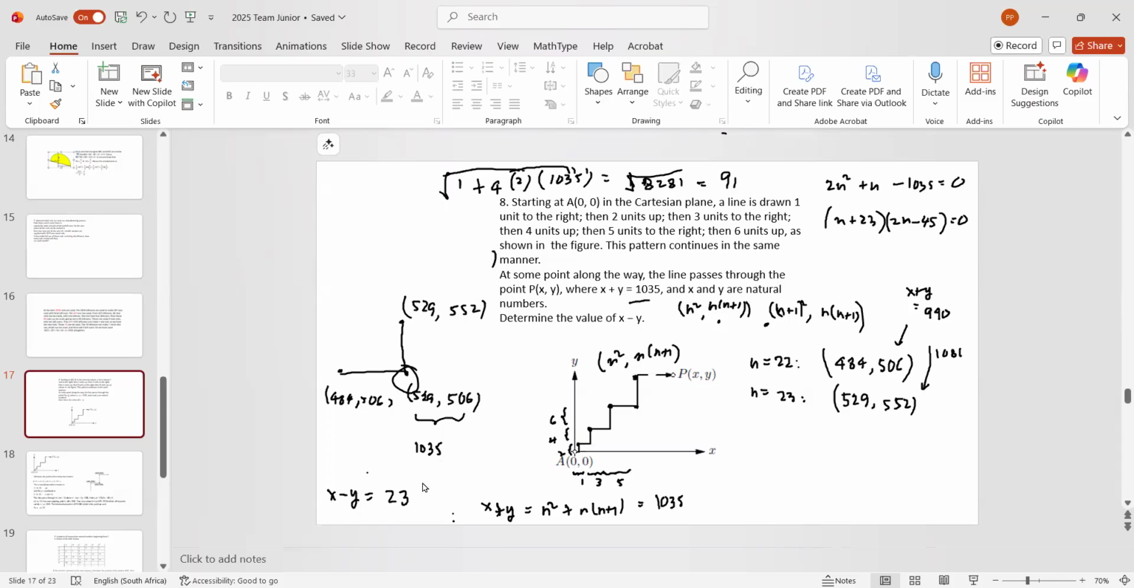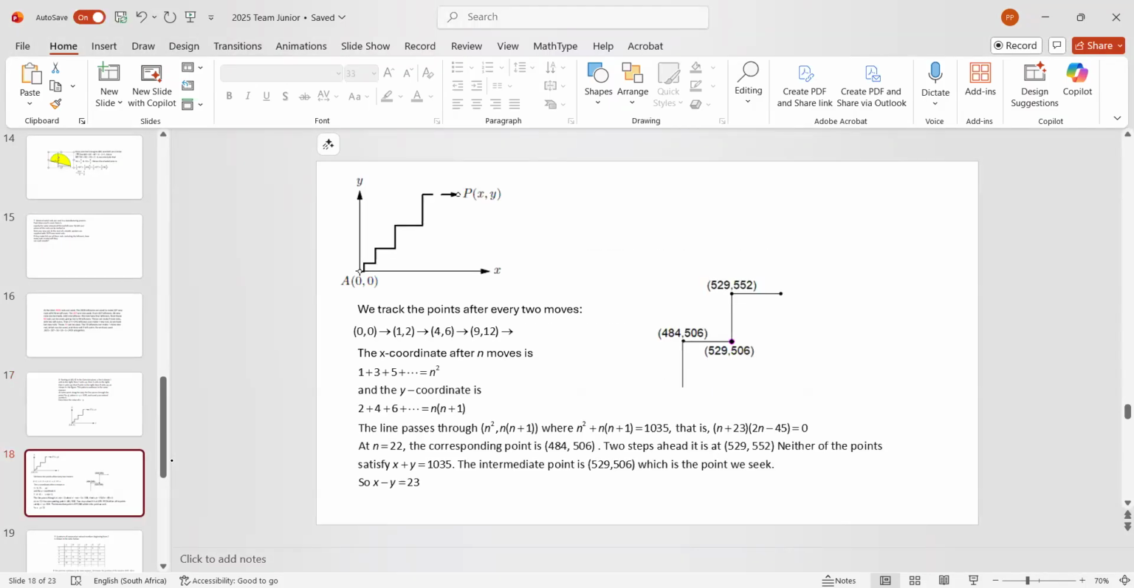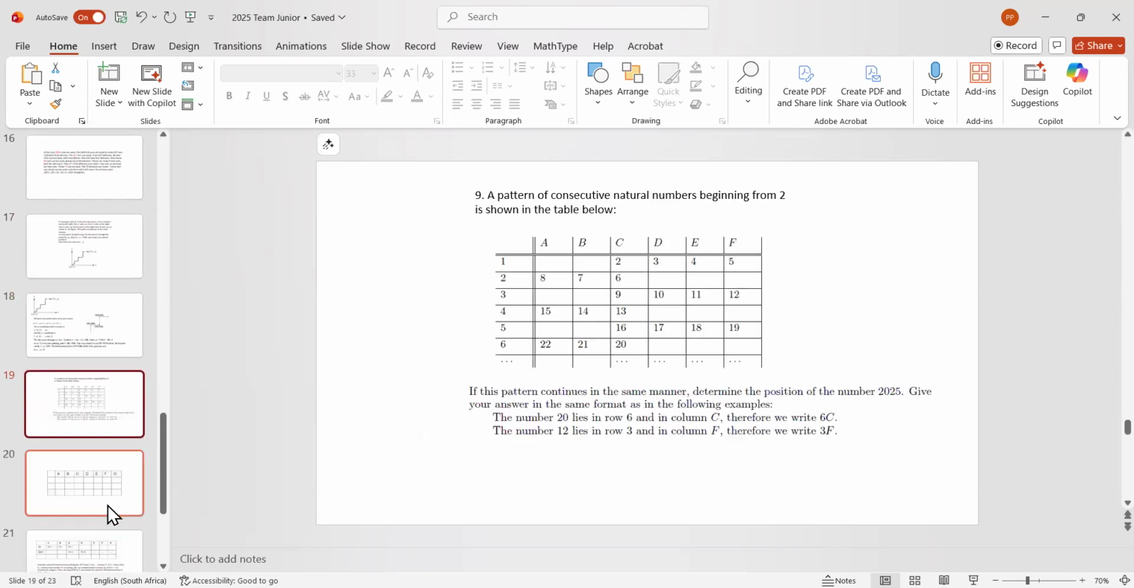Okay, so let's get on to the next problem. Oh, so you see, I've got this same solution. You can check it out at the bottom. It's x minus y equals 23. So if you didn't understand or didn't follow what I said, you can always freeze on this and try to understand what the solution is. Okay, so we get on to this problem,